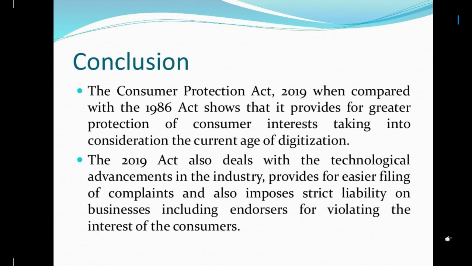Conclusion. The Consumer Protection Act 2019, when compared with the 1986 Act, shows that it provides for greater protection of consumer interests, taking into consideration the current age of digitization. The 2019 Act also deals with technological advertisement in the industry, provides for easier filing of complaints, and imposes strict liability on businesses, including endorsers, for violating the interest of the consumer. So this is all about the